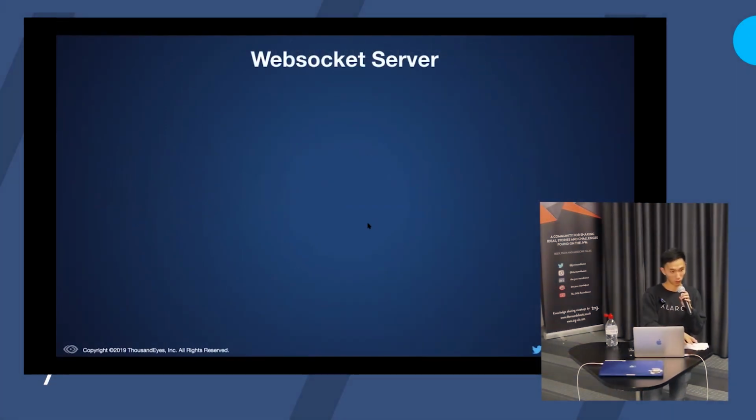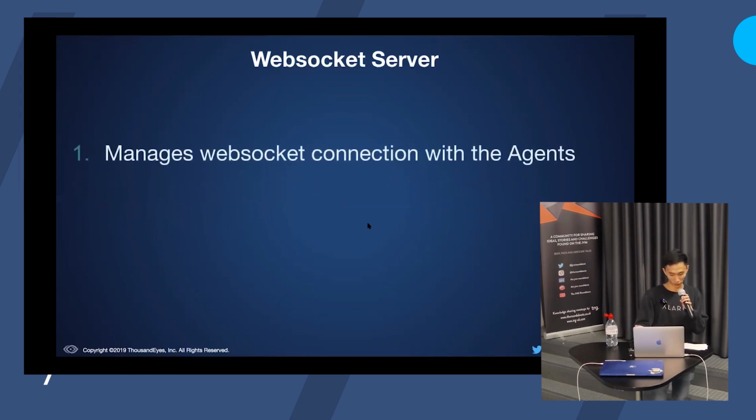And then we have the WebSocket server. Now, the obvious thing that it needs to do is manage the WebSocket connection with our agents. Now, the WebSocket spec doesn't actually define any sort of application level protocol between your client and the server. All it cares about is this is how you set up a pipe, this is how you set up the connection, and what you send along the pipe is kind of irrelevant to the WebSocket spec.